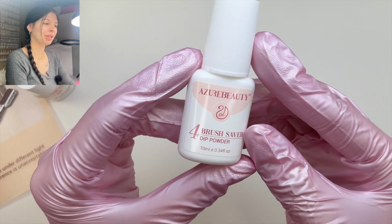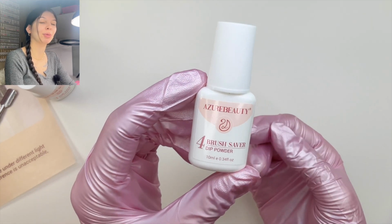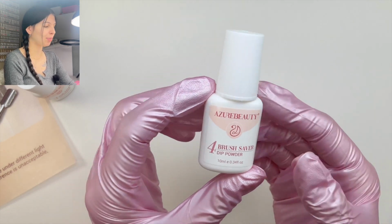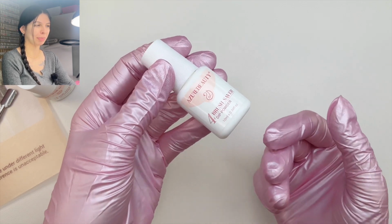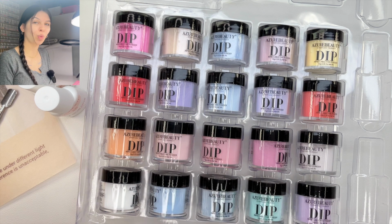And the last dip liquid, which is number 4, is the brush saver. I talked about this. If your brushes do harden up, this will help to save the brushes. And it is also very nice that we do actually have 2 brush replacements too. And that is everything besides the 20 dip